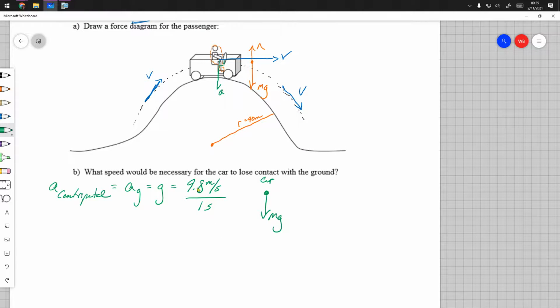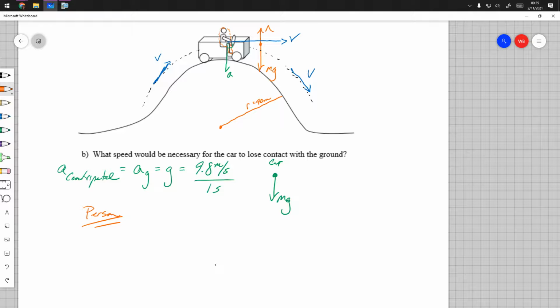Okay, so that means that we're solving for when the centripetal acceleration needed to go around this corner here, this curve, this semicircle, would be this value, or at least at that point right there. So now let's go back, and we're going to continue on with the person there, and not do that in green because that would be confusing here. The person here is our system. And so now we're going, okay, great. Well, now if the centripetal acceleration is equal to 9.8 meters per second squared, well, then that means that I